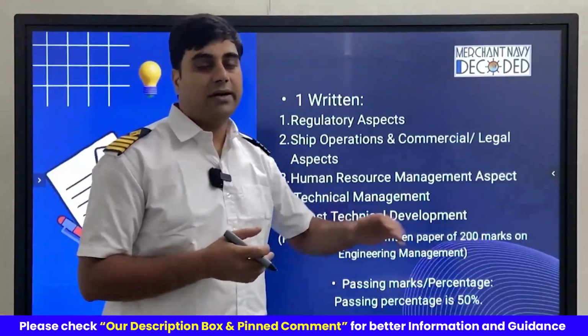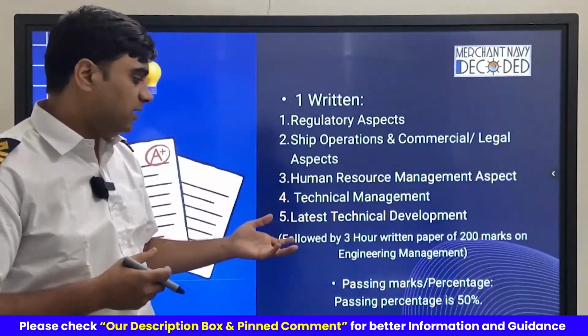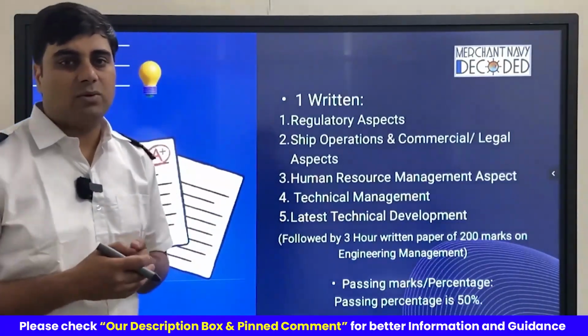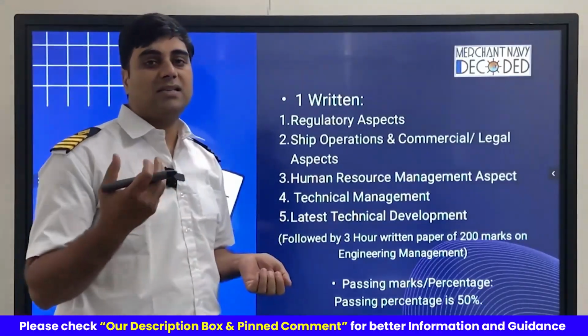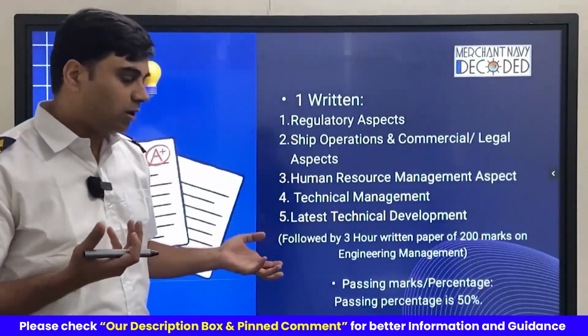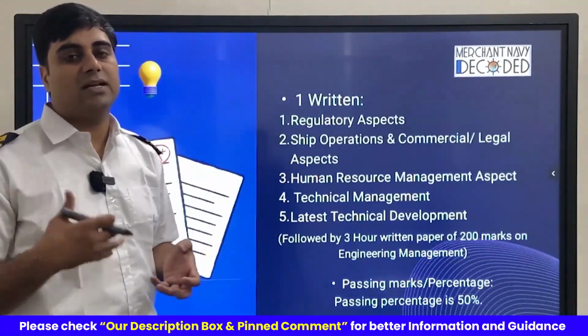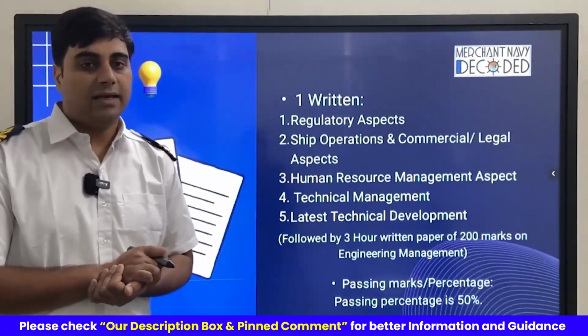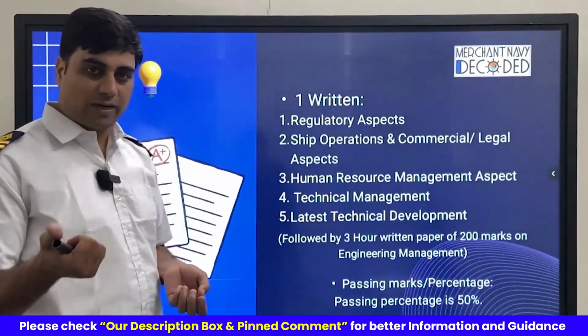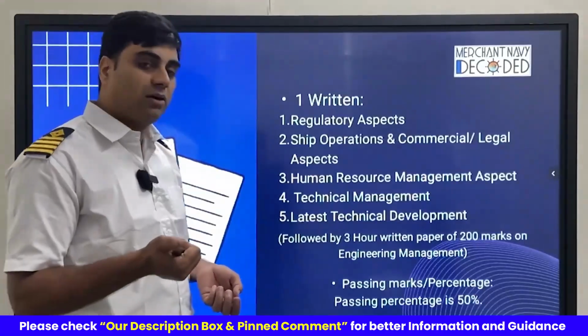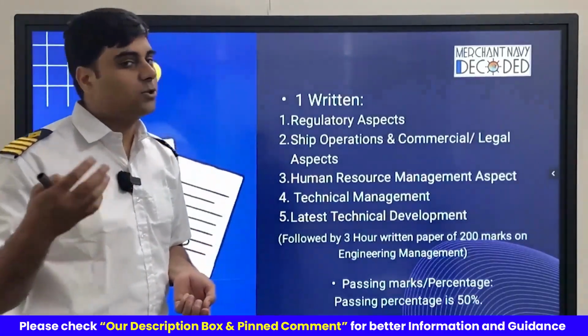So we have a 3-hour written paper in which normally they give us 9 questions and we have to answer 6 questions. The passing marks are not written anywhere, but it is expected that you score at least 50%. So we have to attempt at least 6 questions. We cannot skip even one question: if you appear for only 5 questions, you fail straight away.